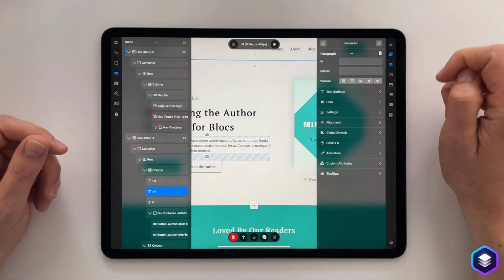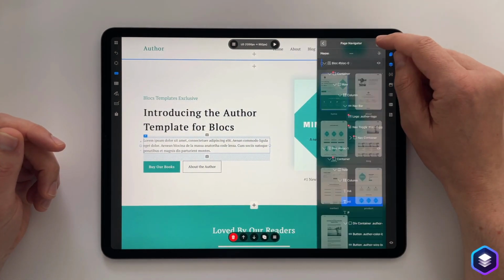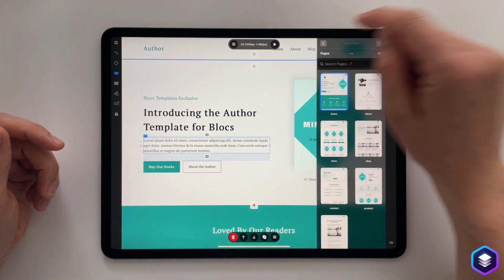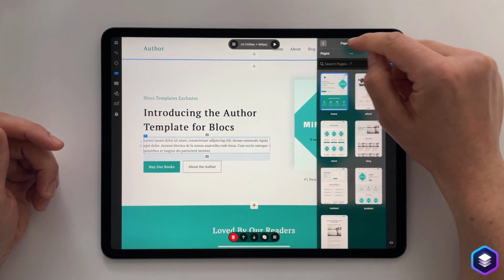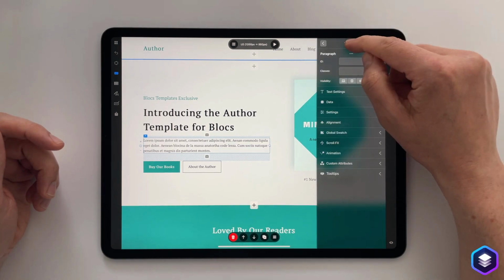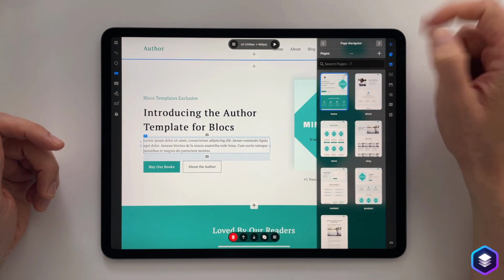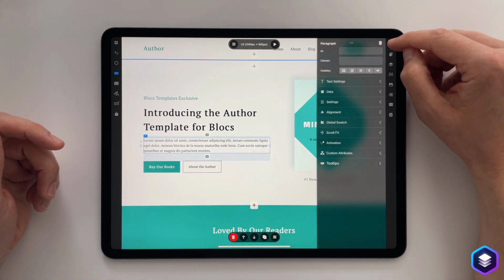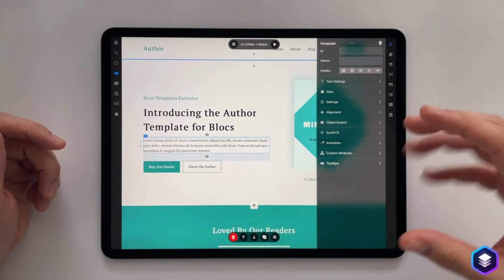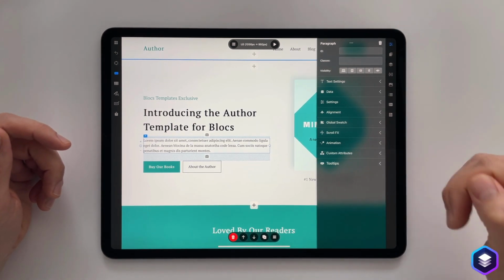Now, if I open the layer tree and swipe that across, now we've got three options. So I guess you could say we could quickly toggle between these to find the part that we're looking for. But what we've also done is, if we touch the title, we can just jump straight to whatever option set we need. So that's the way menus and all of the detailed controls work within the design environment on Blocks on iPad.